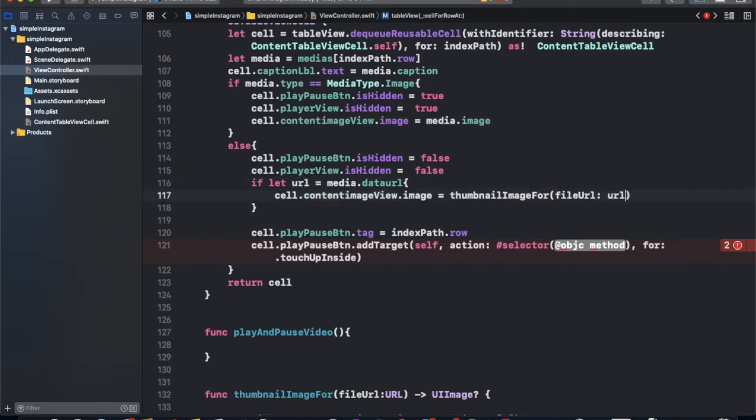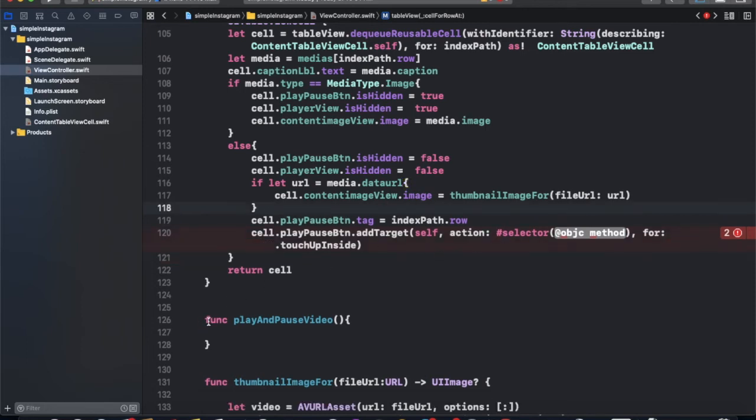Using optional binding here byte data, make it update OBJ and